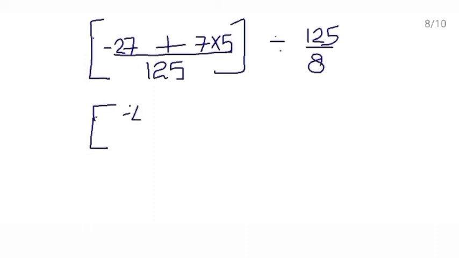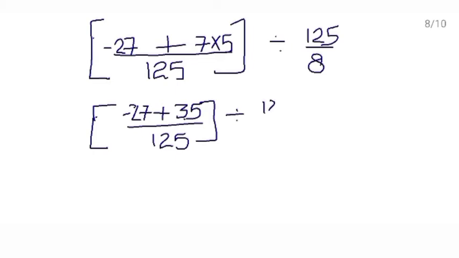Minus 27 plus 5 7s are 35 upon 125, divided by 125 upon 8. Both have different signs, so values will be subtracted. 35 minus 27 is 8, and the sign will be of the greater numeral, which is plus. So no need to put a plus sign here, because plus 8 is also equal to 8 upon 125